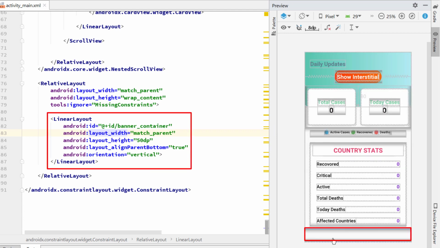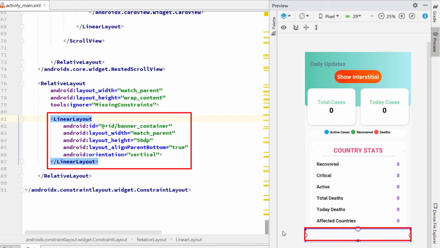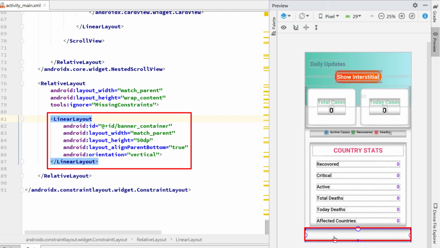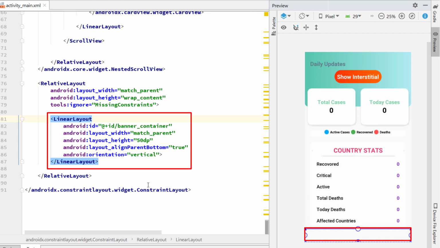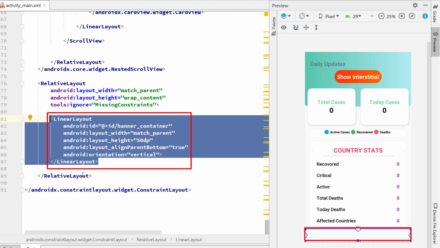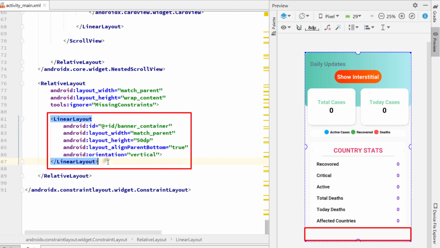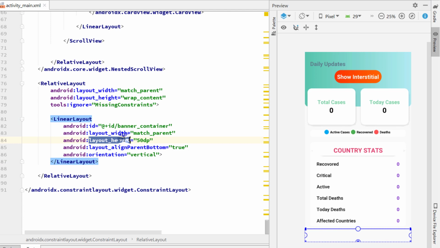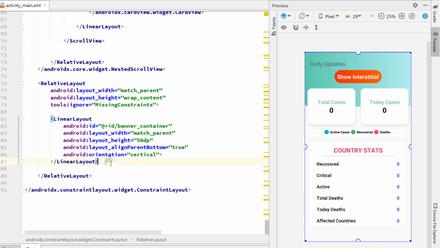At the bottom, I have defined one relative layout, and inside the relative layout there is one linear layout which will show the banner ad placement at the bottom part of the screen. You also need to write the same code which I have written here. One thing to remember is that the layout height of the linear layout should be 50 dp only.